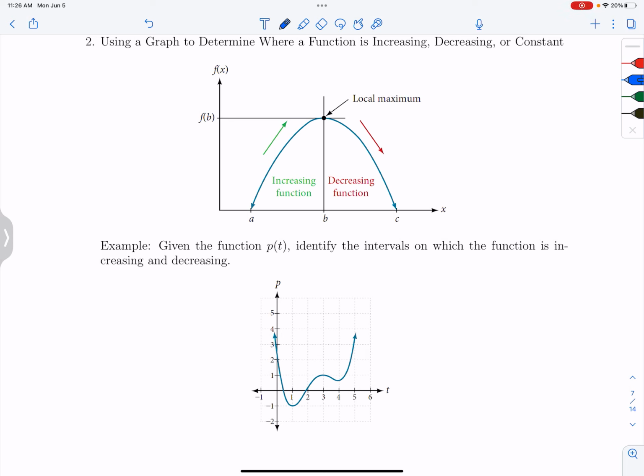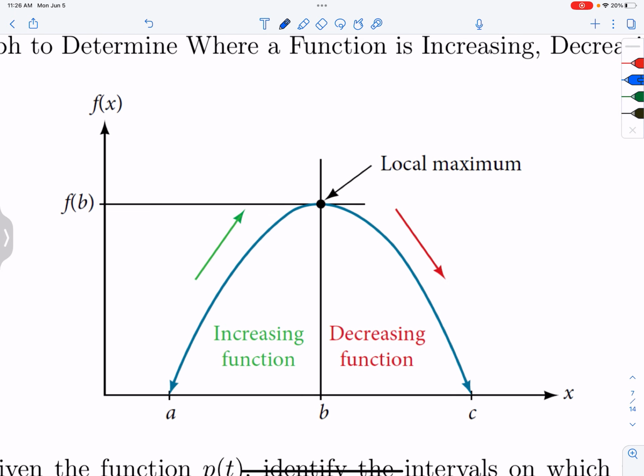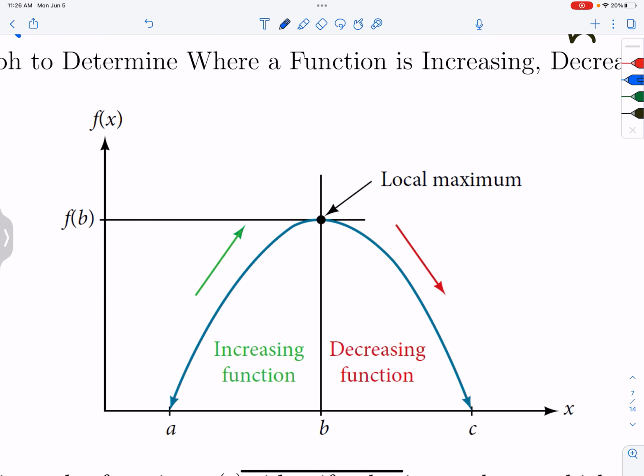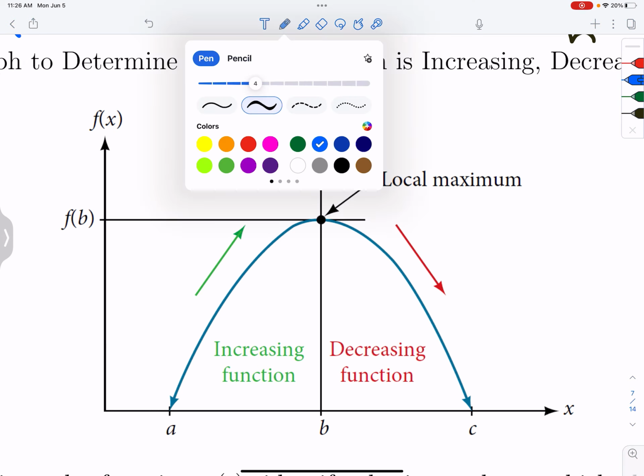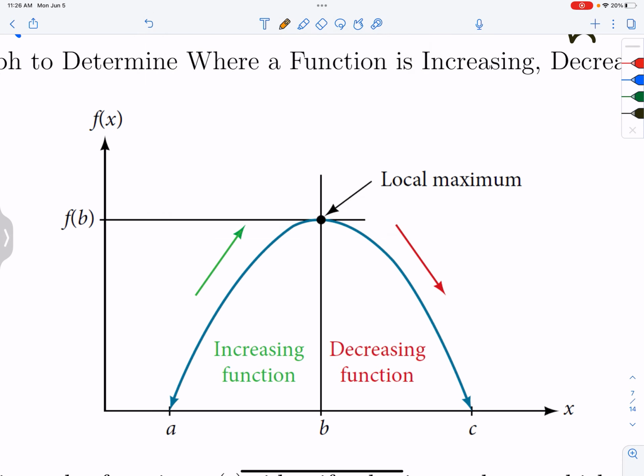In this video, I'm going to show how we can use a graph to determine where a function is increasing, decreasing, or constant. So if we look at this image here, we can see that we have a graph and it looks like an upside down parabola. And when you're trying to determine where a function is increasing or decreasing, one way to do that is to imagine that you're kind of walking along the curve. So if you're here